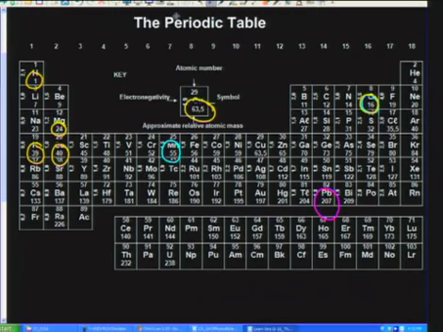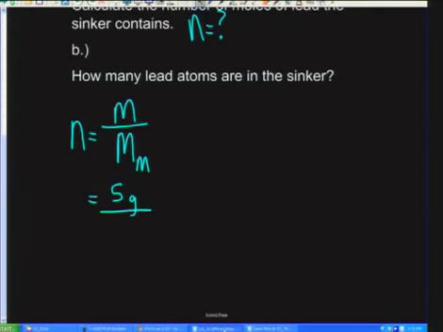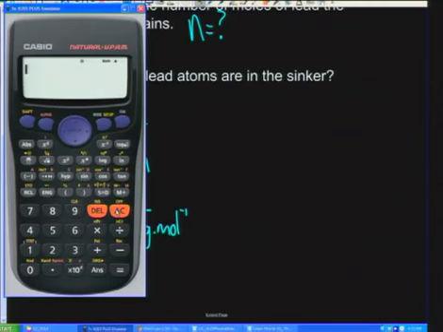Okay, so we go back and we can plug in the molar mass of 207 grams in every mole. So how many moles would that work out to? And let's work it on our calculator. It was 5 grams divided by 207 grams for every 1 mole is equal to, give it as a decimal, 0.024. So 0.02